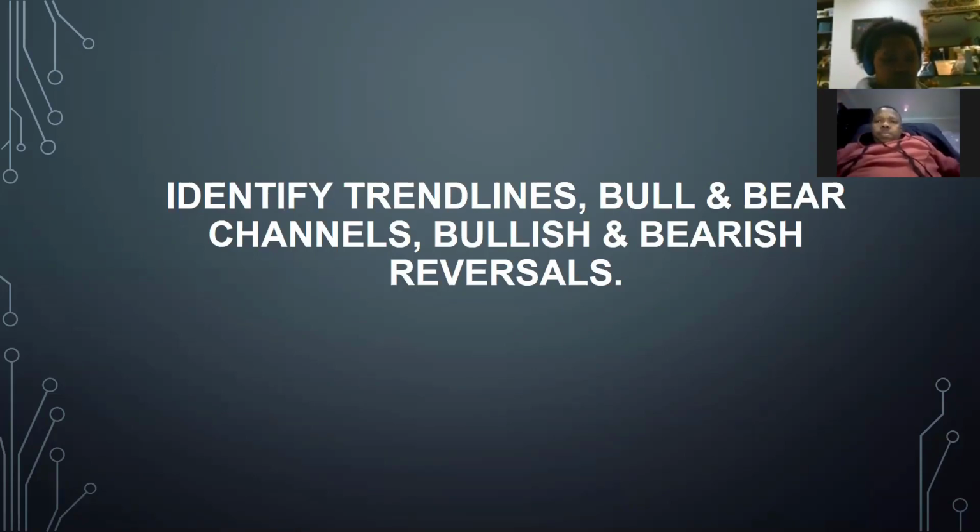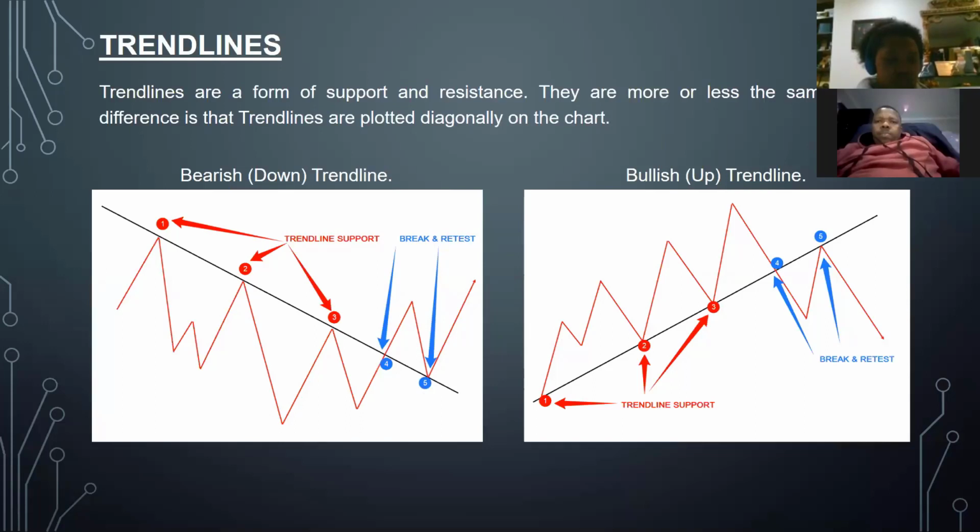Right. So what is a trend line? A trend line is a form of support and resistance. Remember, under normal circumstances, most of you know that support and resistance is two horizontal lines, one at the top, one at the bottom. The one at the bottom is the support, the one at the top is the resistance, right? But now when it comes to trend lines,